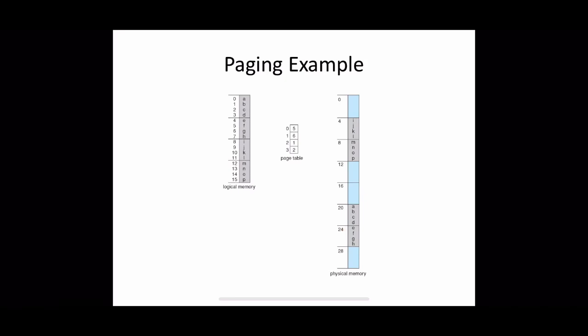Because what are we referring to? The third location in page 1. So 3 will be the offset, right? And that will be added to the starting address of the frame, and we get the actual physical address. This is the data we want to refer to. Okay, so this is how paging works. In the next session, we will see how the page table is actually implemented, and different possible methods of improving the page table implementation. So thank you.